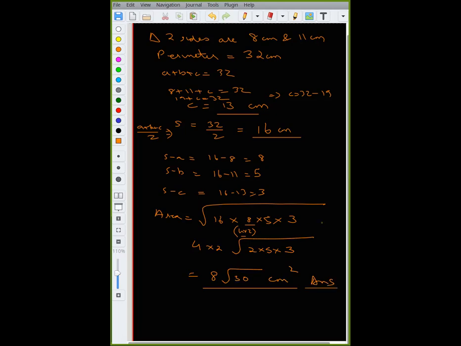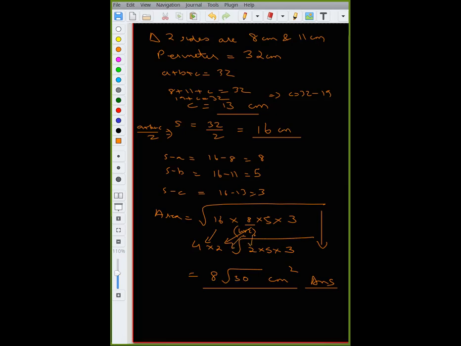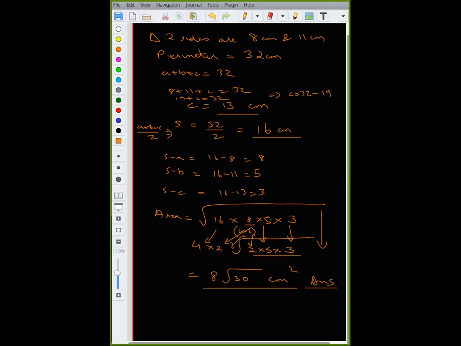So you see how fast we can solve this if we just try to factorize into a perfect square. Just keep taking out the perfect square. So I took out a 4, and 8 I factorized into 4 into 2. From 4 I took out a 2. 2 I took out, and 5 and 3 I kept inside. If you do it this way, it will become very fast for you to solve these kind of questions. Otherwise, you'll get stuck. So the greatest perfect square you can remember, factorize it into that.